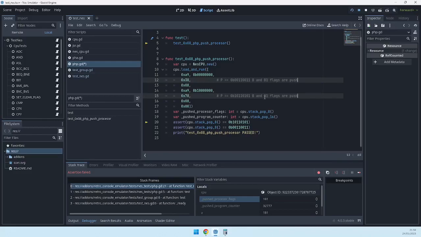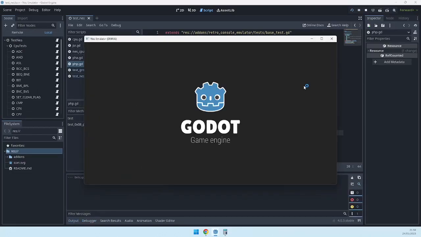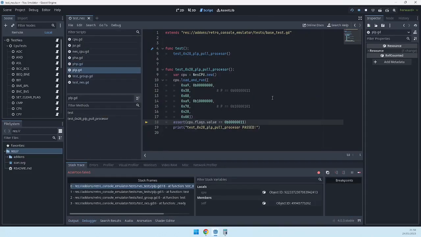Flags are pushed as 1. And let's give it a shot. And now it passed,